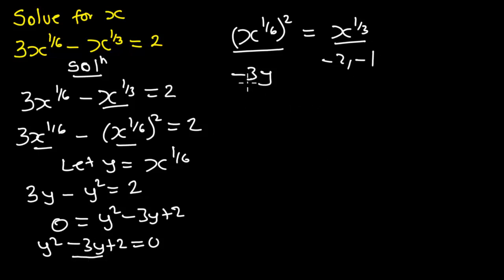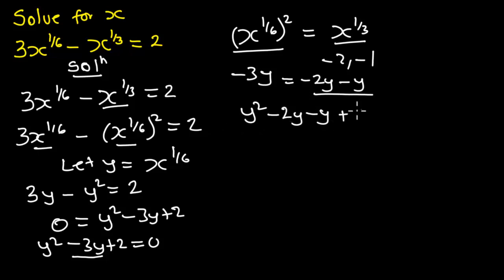And so we are going to rewrite negative 3y as negative 2y minus y. And so in place of negative 3y, we are going to write this over there. So we are going to have y squared minus 2y minus y plus 2 is equal to 0. So from here, we are going to factorize in batches, the first two terms and the last two terms. So we can factorize y out, leaving y minus 2. Then over here we can factorize negative 1 out, leaving y minus 2